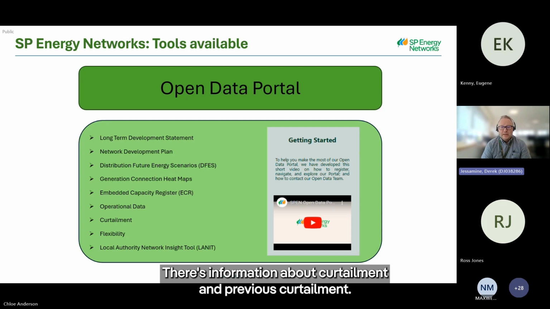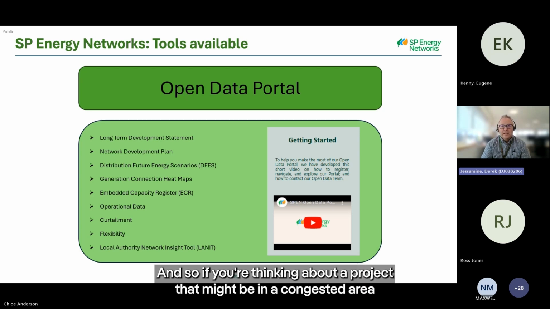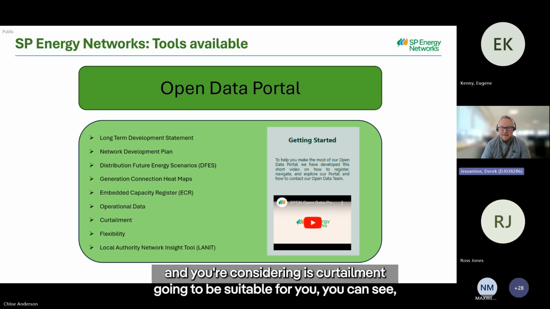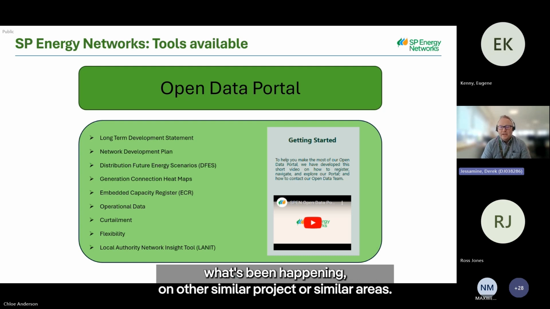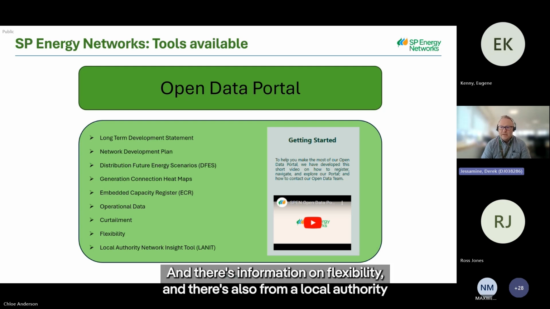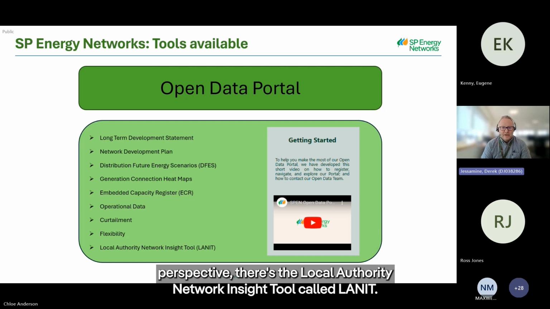There's various operational data on there. There's information about curtailment and previous curtailment, so that if you're thinking about a project that might be in a congested area and you're considering is curtailment going to be suitable for you, you can see what's been happening on other similar projects or similar areas. There's information on flexibility, and there's also, from the local authority perspective, the local authority network insight tool called